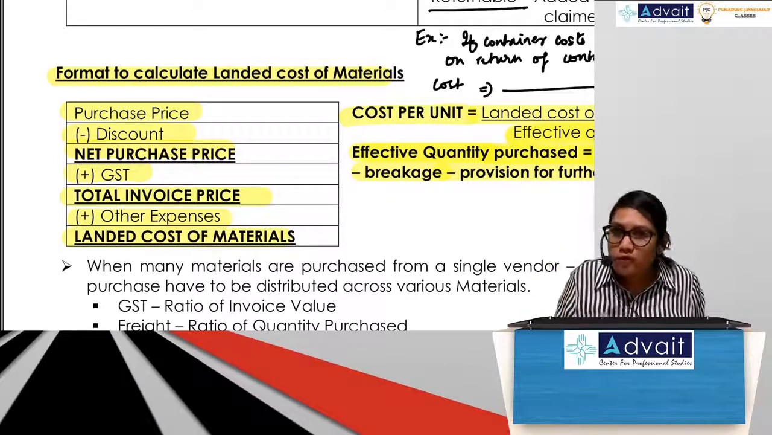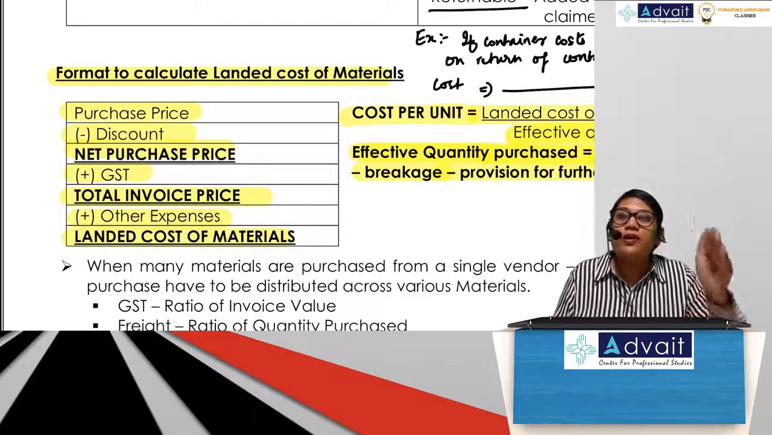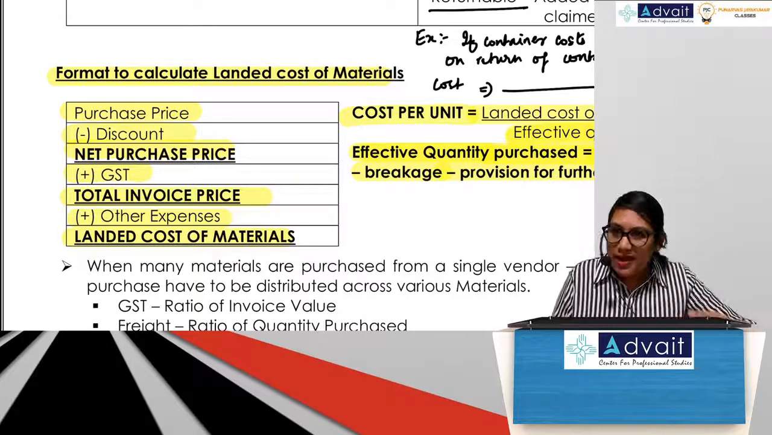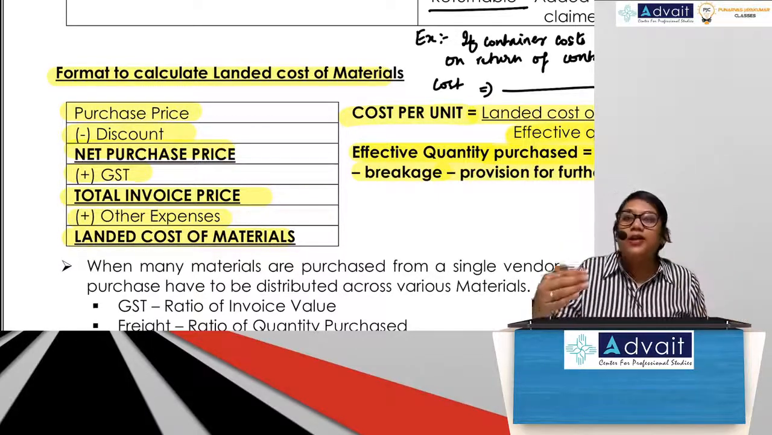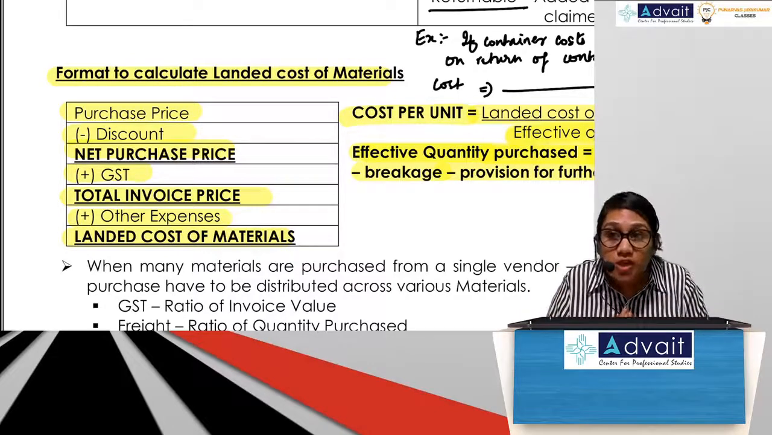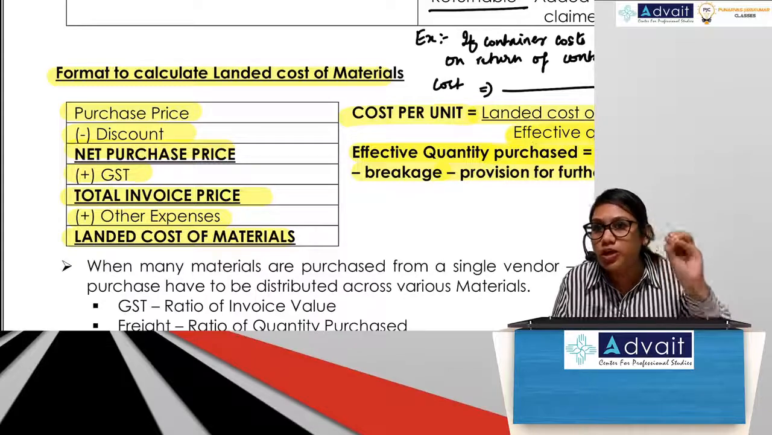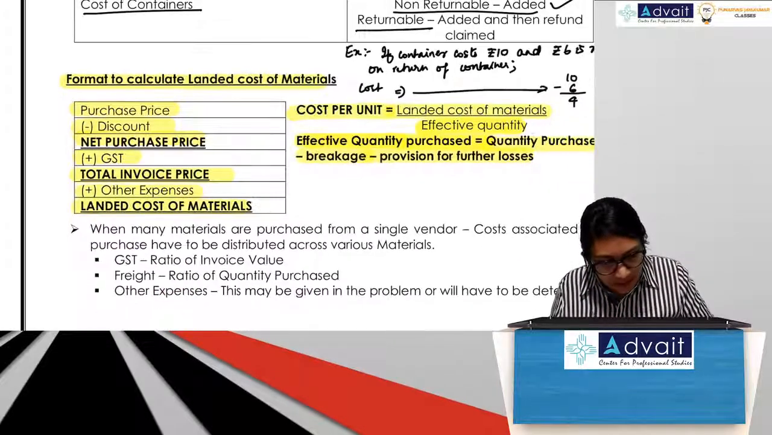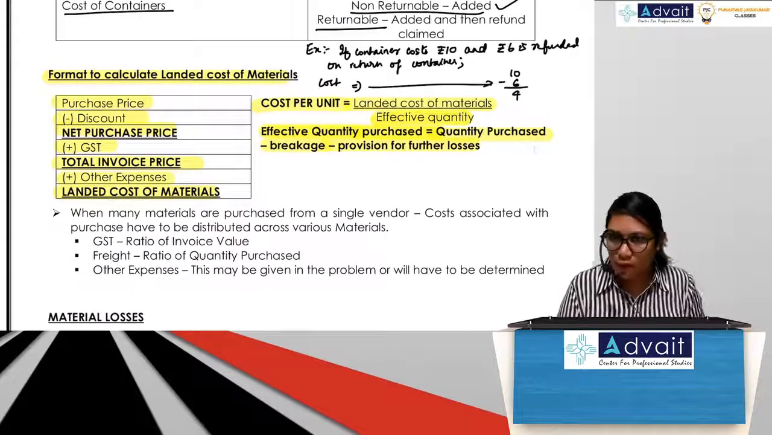Landed cost of materials is part 1. Then part 2, what do you need to do? Effective quantity purchased. So if they have given you any losses or any breakage, you adjust all of that. You will get your effective quantity purchased. Landed cost divided by effective quantity purchased will give you your stock rate, or the cost per unit of material purchased. Is it okay? Everyone? Sure. So we will be working out a problem on this. Okay. But before that,